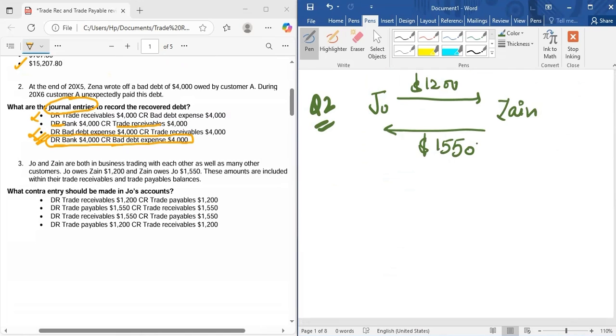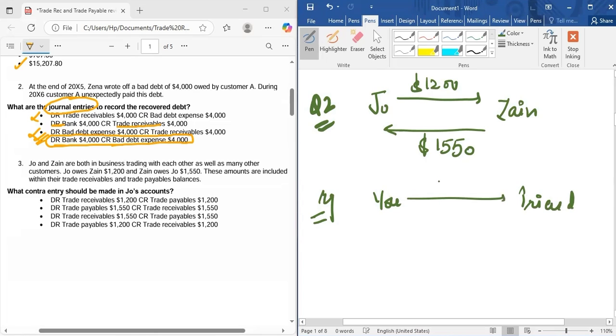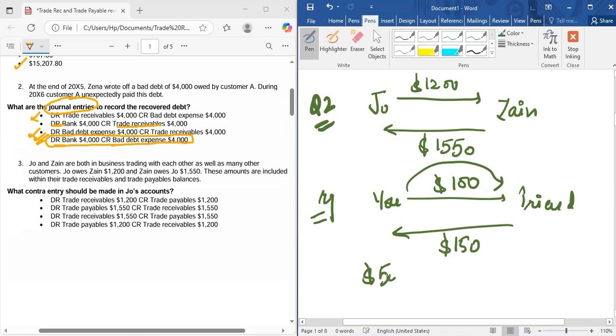All right. Okay, so let us understand with an example. So this is you and this is your friend. You have to give $100 to your friend, and your friend has to give you $150. Let us assume this. Okay. So what will you both do? You will say that instead of giving you $100, you just give me the balance, which is $50. Okay, which is the net amount. $100 minus $150. This is our balance.